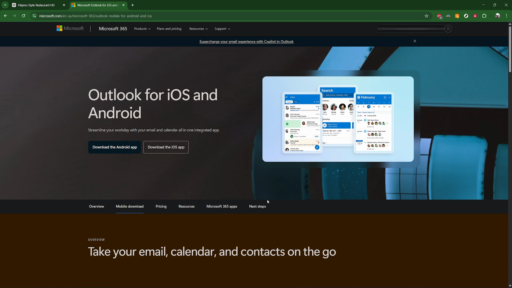New emails you read or delete on your phone should update on your computer, and calendar invitations you accept on your desktop will appear on your mobile device. If something seems delayed, give it a bit of time,